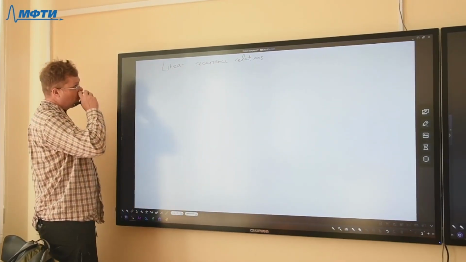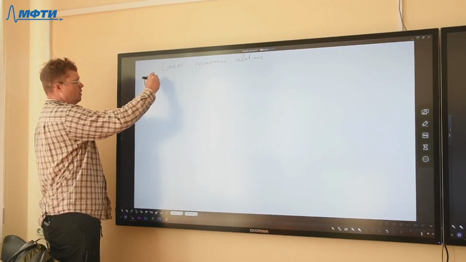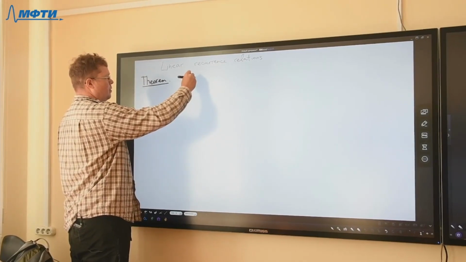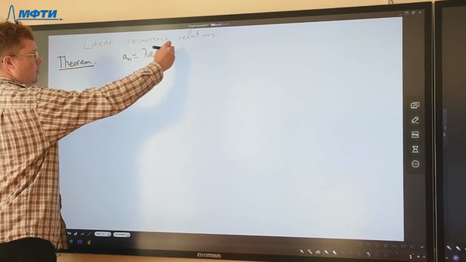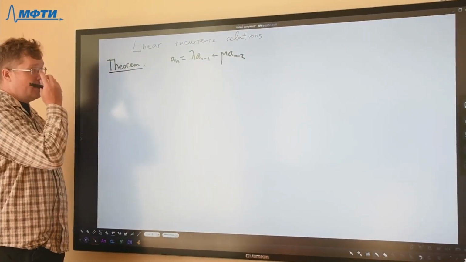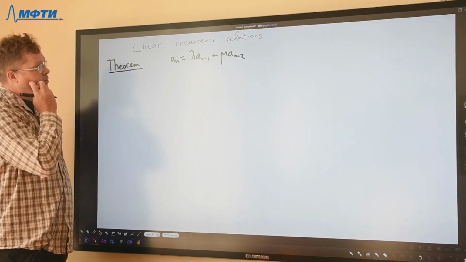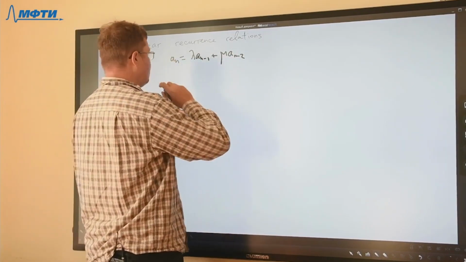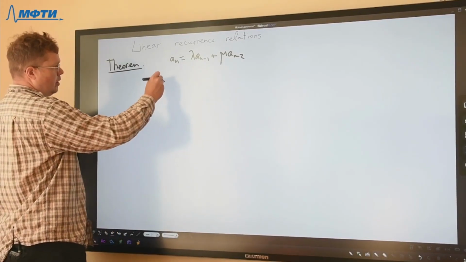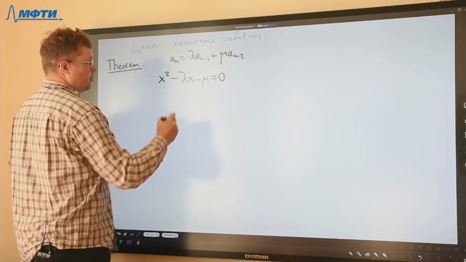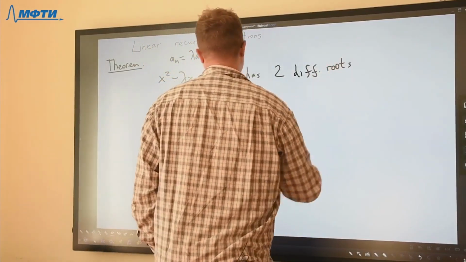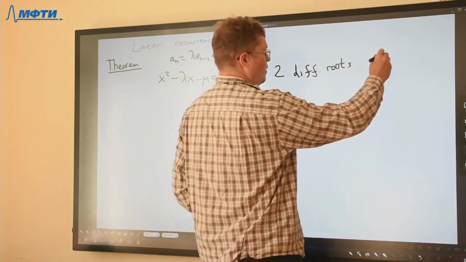And the last statement that we proved is that if we have linear recurrence relations of order 2, so if we have a sequence a_n satisfying the identity a_n = lambda a_{n-1} + mu a_{n-2}, and if the characteristic polynomial x squared minus lambda x minus mu equals 0 has two different roots named alpha and beta,